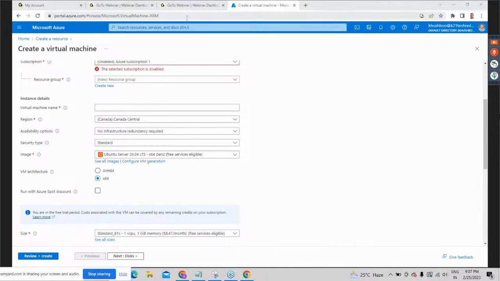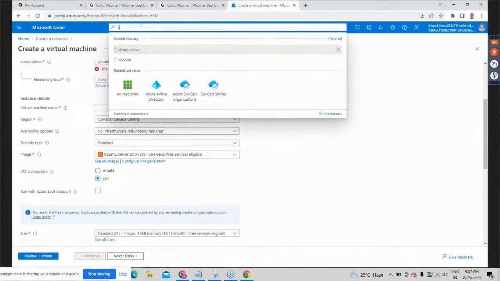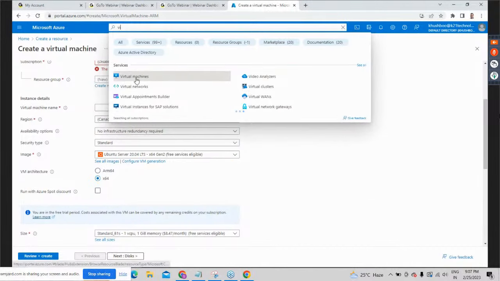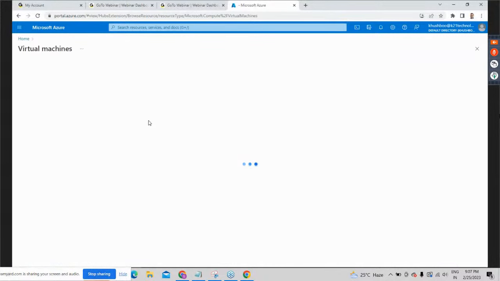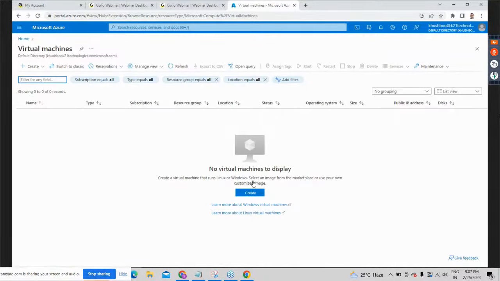So you can see what I'm doing. Here I came and said virtual machine, which is one infrastructure option; you can have databases and other things as well. So I'm creating a virtual machine. When I come to this virtual machine and say create,